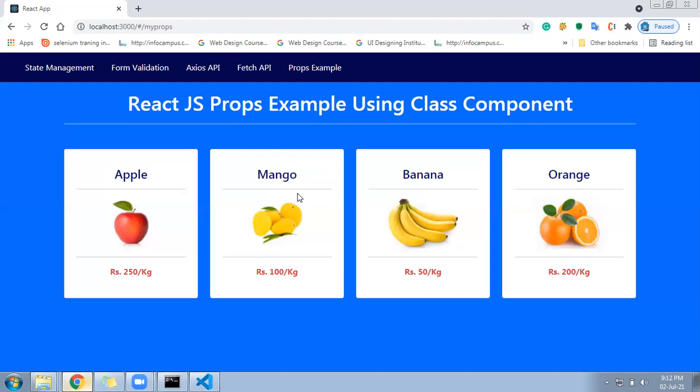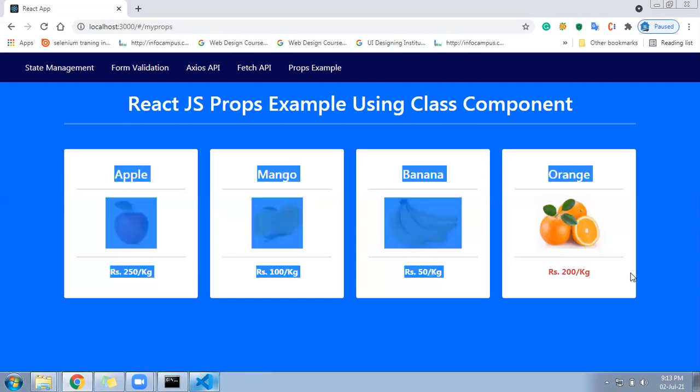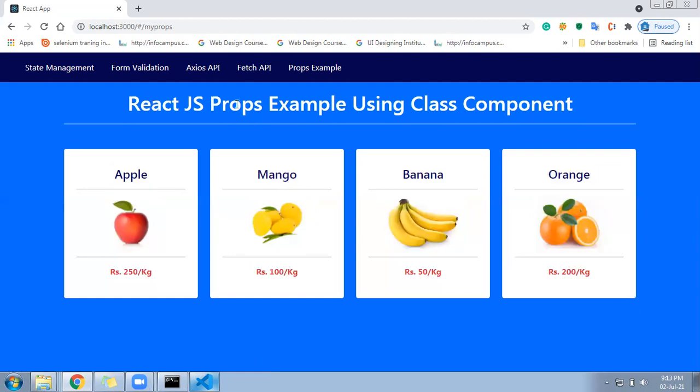Another major thing you will understand is reusability of the component. React is especially famous for that: write once and use many times. Those three concepts will get clear together. What are those? Number one, props. Number two, component interaction. And number three, component reusability. So let's go ahead and look into the code. I have made a sample page for you, with some sample products added. This is based on component interaction, component reusability, as well as props, all three. So this is the final output.